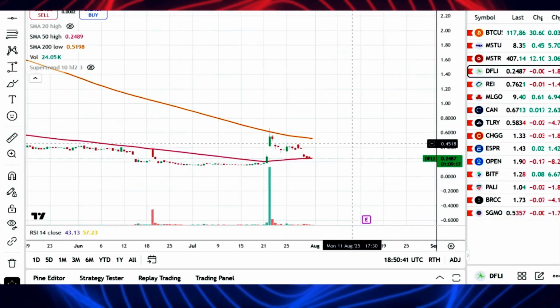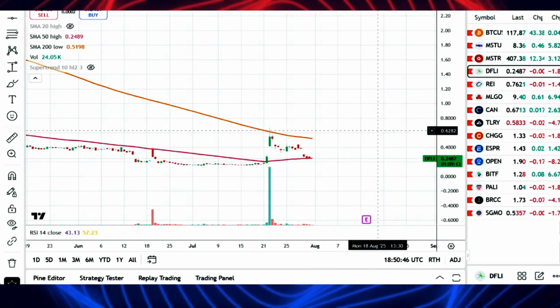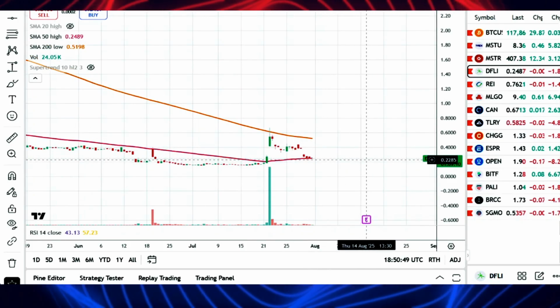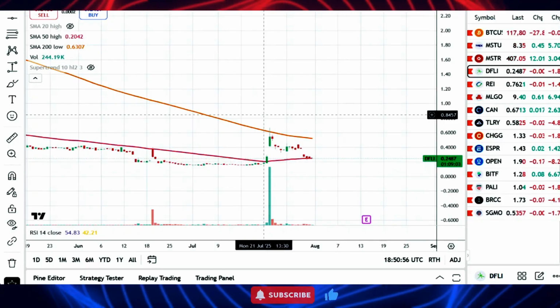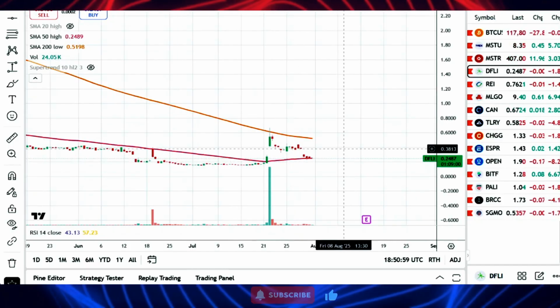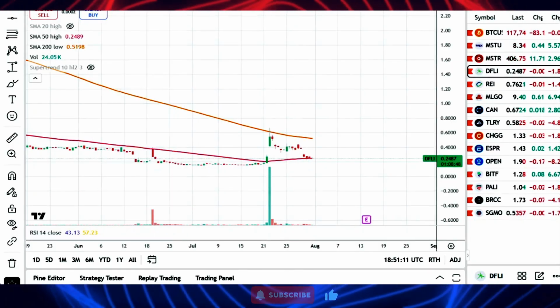So for this stock, I don't mind staying in it until the next earning date, or even longer. This is a stock that I personally don't mind staying in for 2 or 3 more weeks, because for me, the chart looks really good, and there's a clear trend reversal on the 4-hour chart. It looks like the 50-day and the 200-day moving average are on their way to converge and print a golden cross. And then if you take a look at the 45-minute chart,